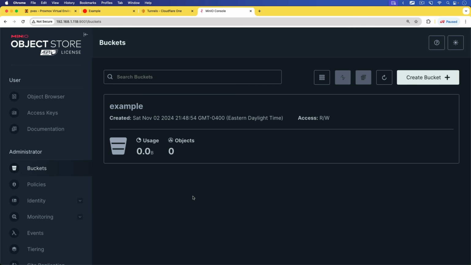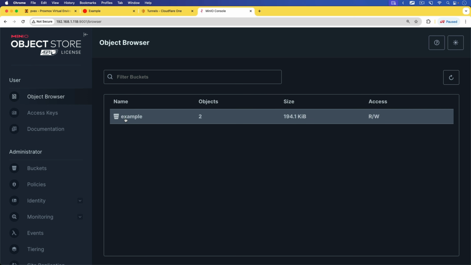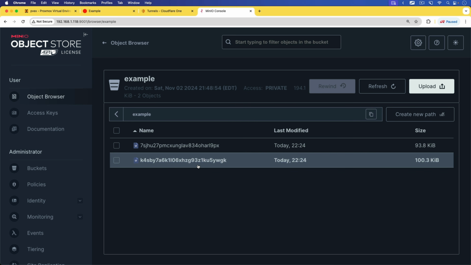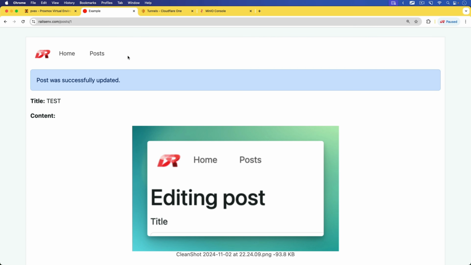And if we come over into the MinIO console, we'll refresh. And now we see that we have 2 objects. We can go into the object browser and we can see our ActiveStorage uploads. So that's really cool. And so next, I want to make sure that our jobs are working and they're executing